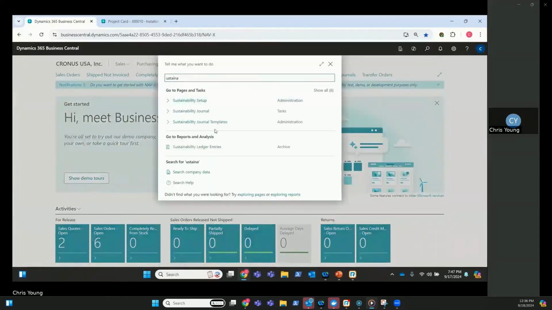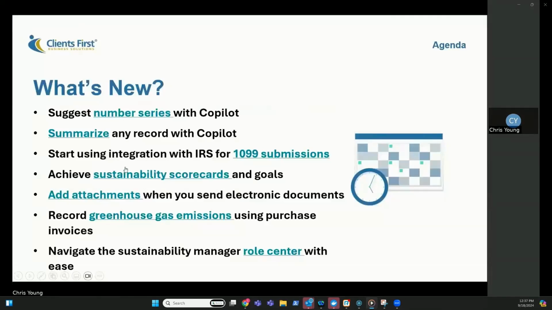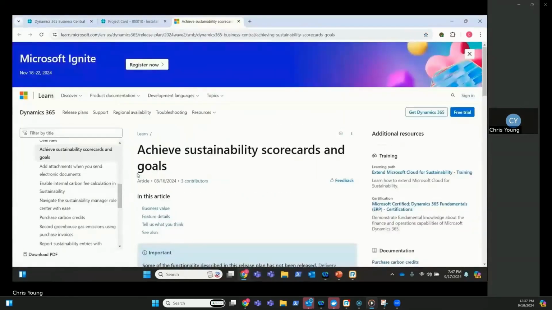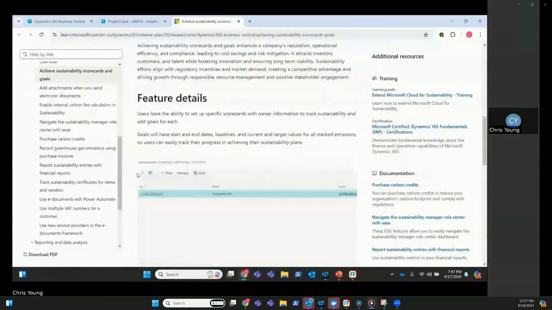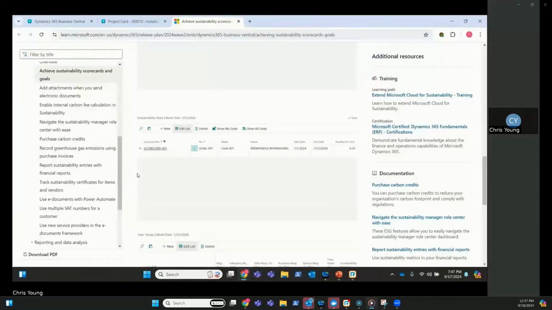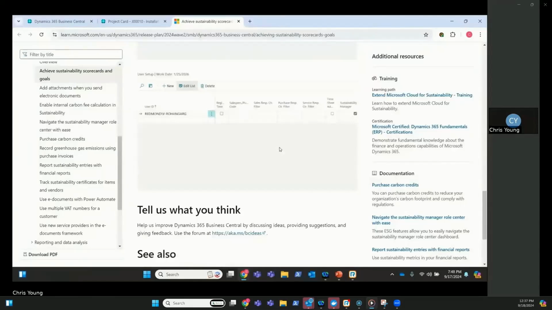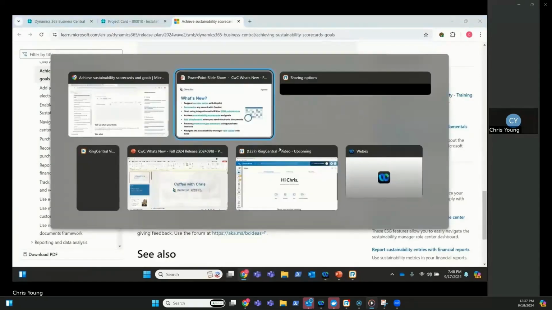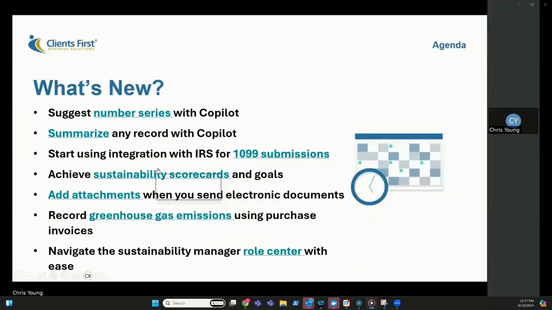A sustainability journal, sustainability ledger entries, recurring sustainability. There's a complete chart of sustainability accounts. And if we just go back into the PowerPoint deck, sustainability scorecards and goals can be established where we can track a scorecard. And if I look at that scorecard, it's tracking for me the sustainability goals for my organization. You know, from a sustainability perspective, it's something that's getting important in industry, and greenhouse gas emissions can be